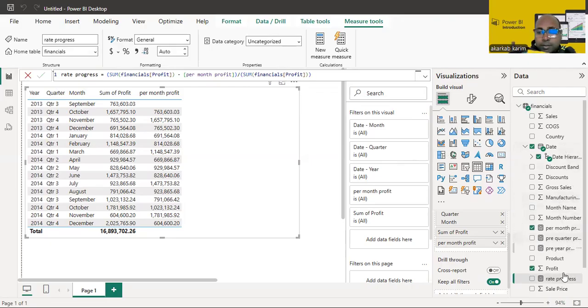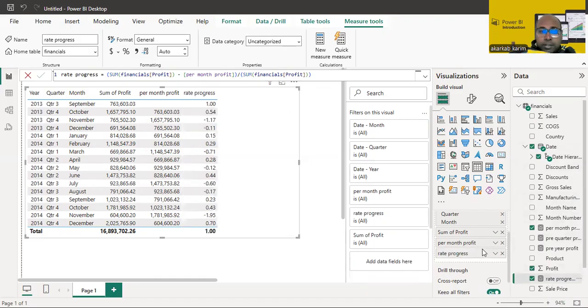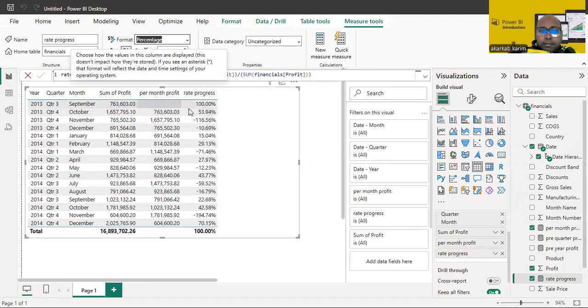Here let's write progress. We add it for here and see. And so let's try to transform this rate progress in percentage and see how it's progressed. So here, if we take in this example here, we have 100% because we don't have any previous profit, because our data starts here in 2040 in September. We don't have the previous data or previous months to check or compare the sales or the profit that we have. So if we go to this October month, we have this profit, and the profit is progressed by